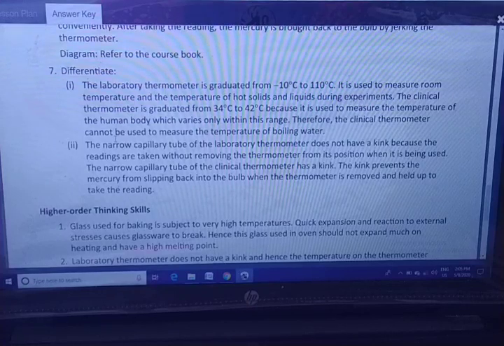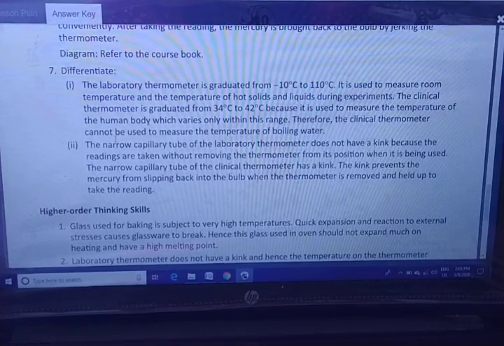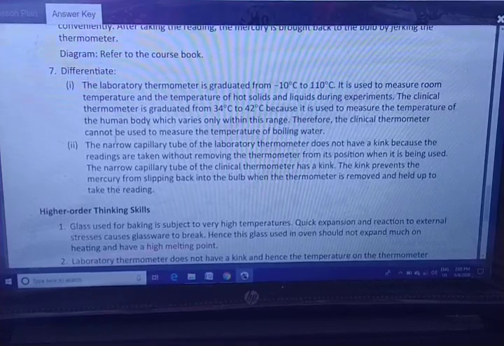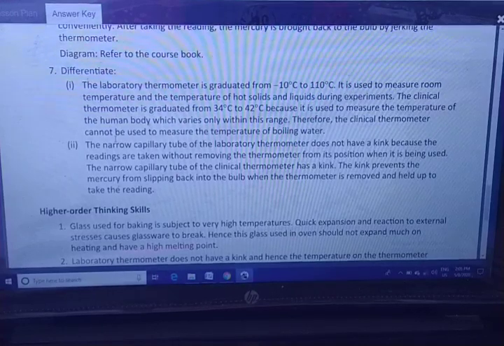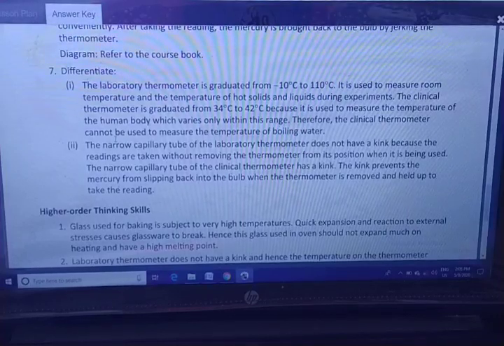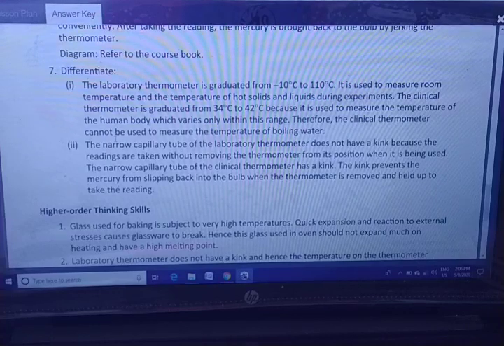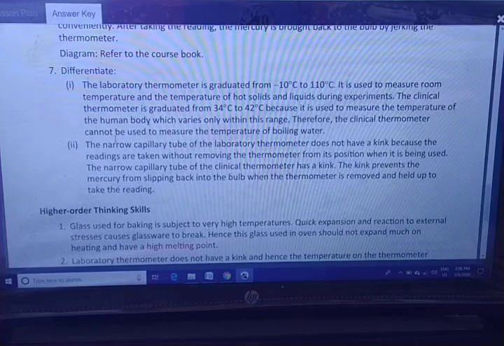So this was our chapter number 4 question answers. I hope all of you have understood the concept of each and every question. If you have left any answer, please pause the video, take a screenshot and write all the answers. If you have any doubt, please drop it in the comment box. Definitely I'll help you in the next video.